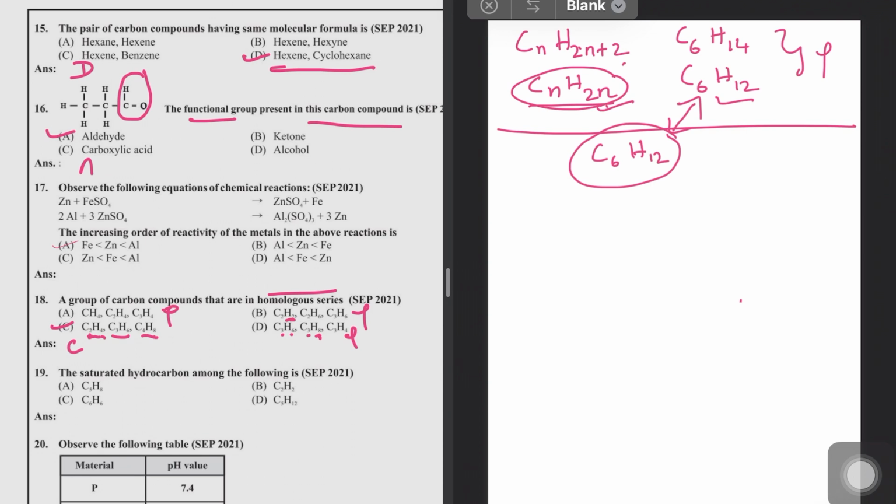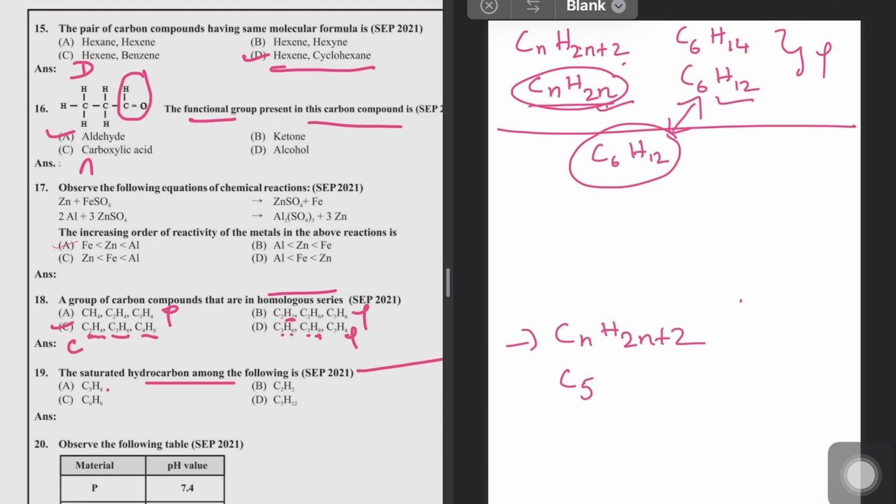Coming to the 19th question, the saturated hydrocarbon among the following is. Saturated hydrocarbon is the one which has the formula CnH2n plus 2. By observation only we can check it out. So if you check here,